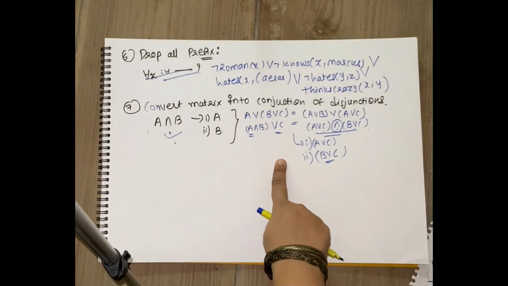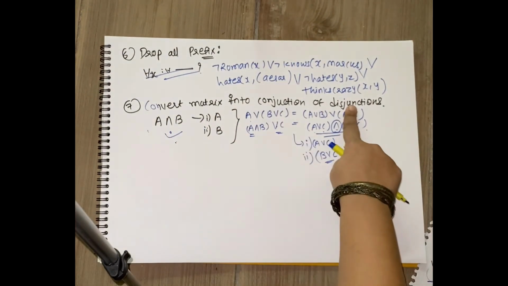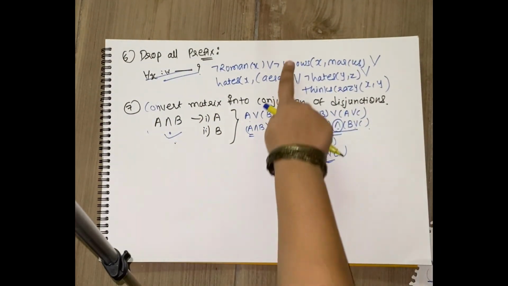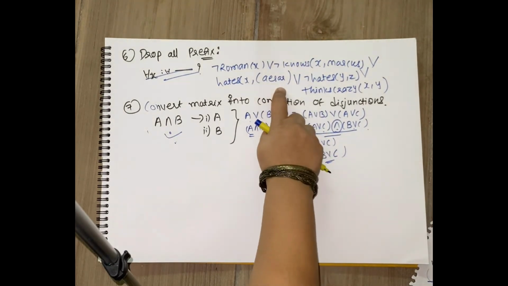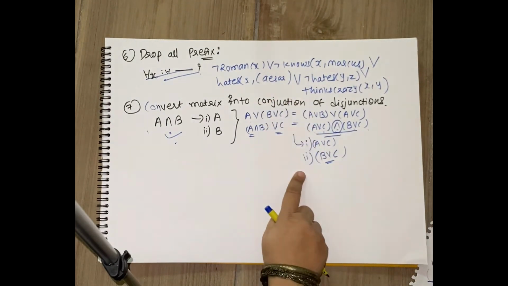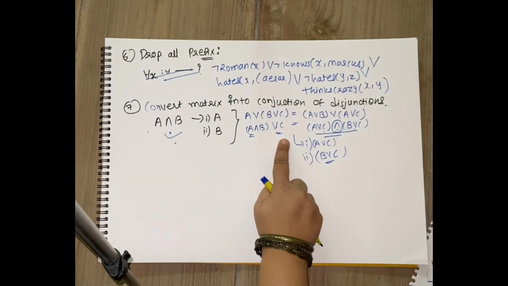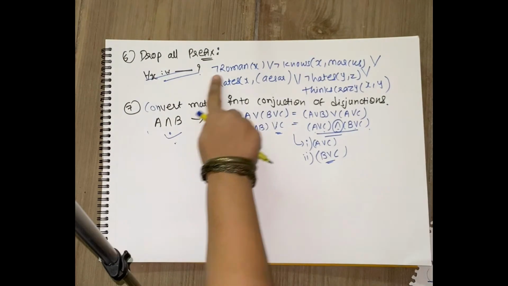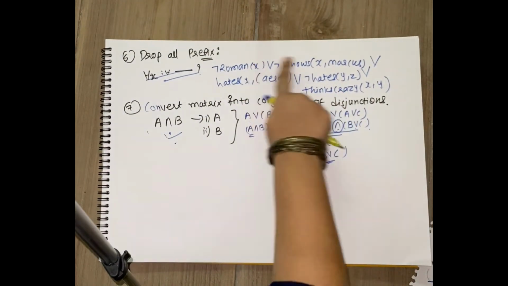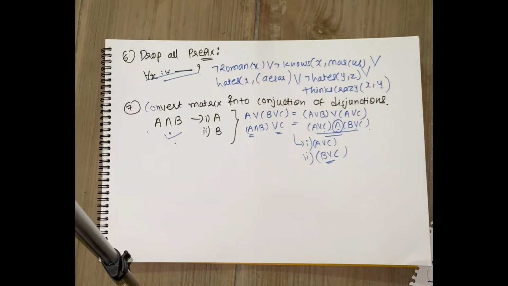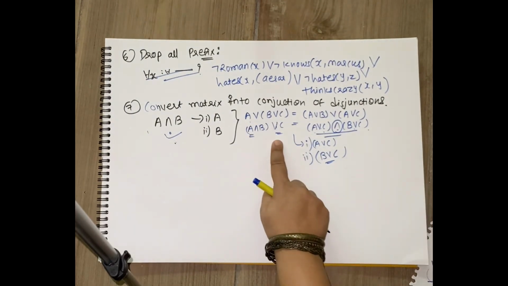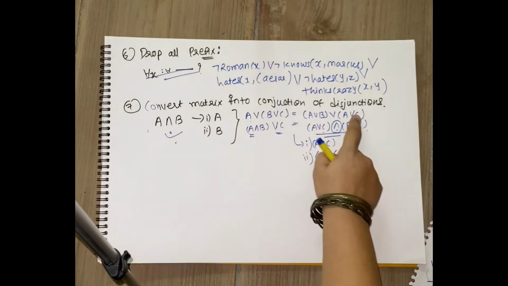Coming back to what we had been discussing, how we are going to convert the matrix into a conjunction of disjunctions. First you have to observe, do you have any AND operation? In our case an AND operation is not present, so we are not going to apply anything. But if an AND operation was present, then we would apply the distributive or associative property and convert it to appropriate statements. Are you getting what I am trying to explain? Okay, fine. In our case it won't be applicable because conjunction is not there, only disjunctions are there. If you had conjunction, you would have applied the distributive or associative property and converted it to a conjunction of disjunctions.